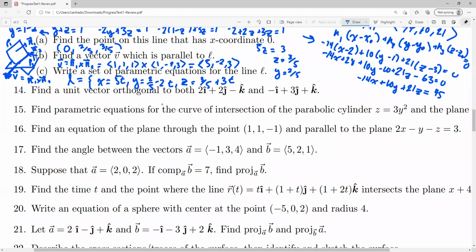Let me just refer to the answer sheet. Okay, yeah, I am thinking this correctly. So it follows a similar process as we did in the previous problem. So again, you can find the vector orthogonal to both planes by, I believe, taking the,